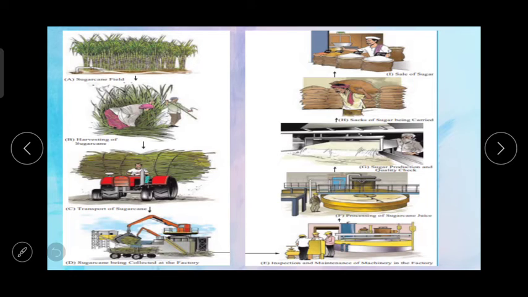Then which raw material is used in the secondary occupations? Which is the finished product obtained in the secondary occupation? Which are the services in the tertiary occupations? And which picture is related to a quaternary occupation? So can you name that occupation? So just now we discussed primary, secondary, tertiary and quaternary occupations. By that you have to answer these questions.